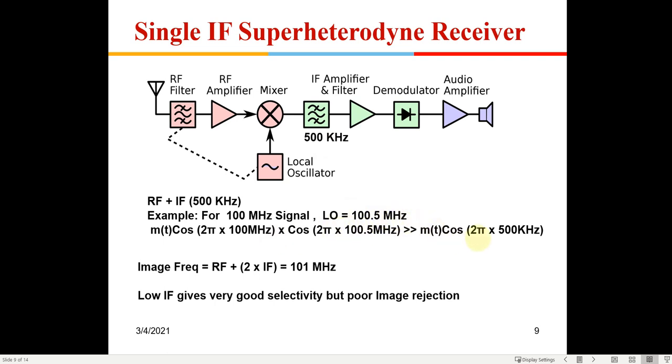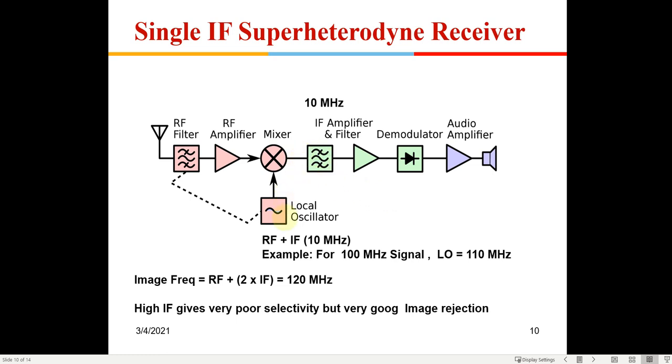Cos A cos B, right? So even 101 also will give 500 megahertz. So that is an undesired thing, which is known as an image frequency. We need to do something to prevent this image frequency from coming into the circuit, otherwise it will simultaneously tune two radio stations. So we need to remove that, right?